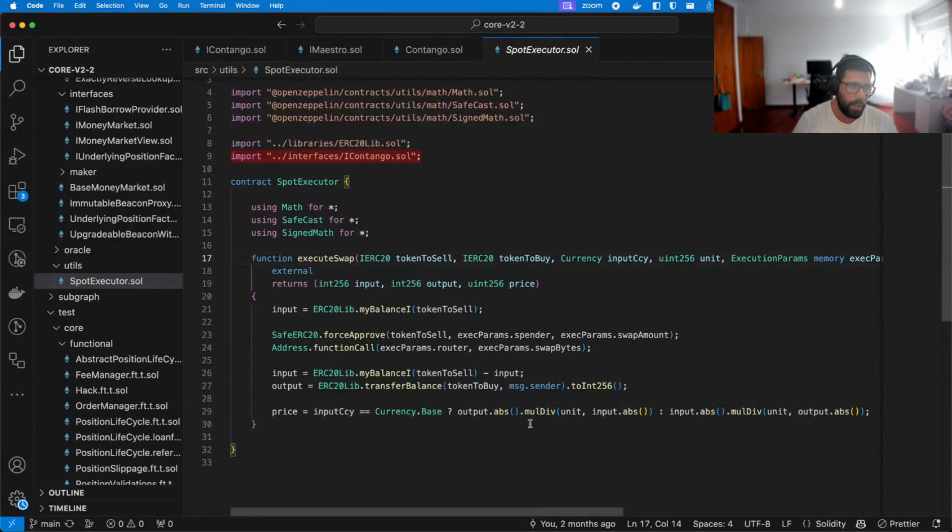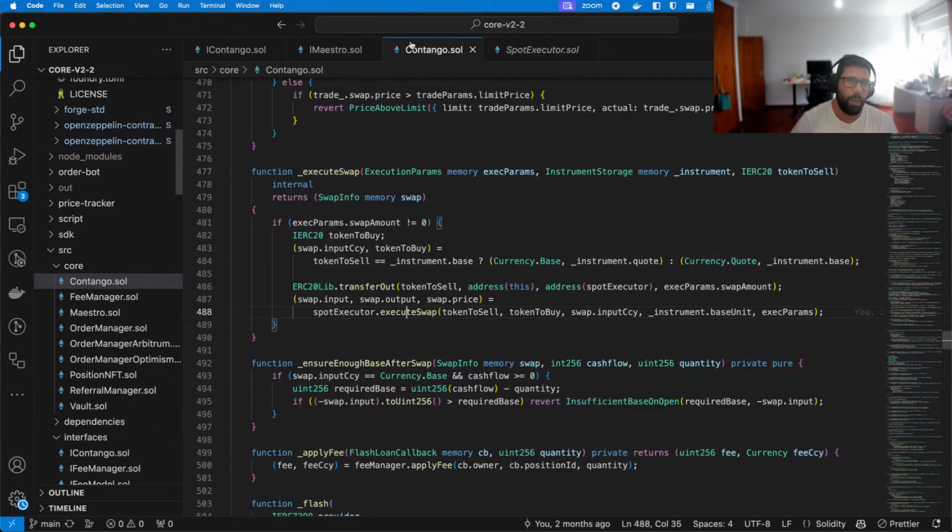This is here mainly for security, right? If we had Contango calling the swap bytes, we would be allowing Contango calling any address, right, with any call data. So we either have to put a whitelist, which means we have to put our signature of we trust these guys, or